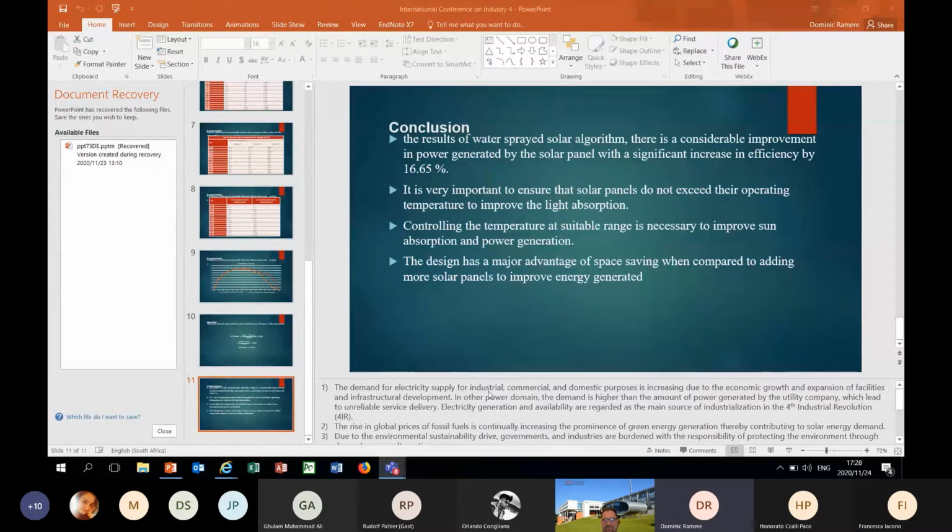No, I put two solar panels together for the experiment. So when I collected data, I collected it at the same time. I visited the one without the spraying system and the one with the spraying system. They were very close, so it was really done in a synchronous way, so to say.